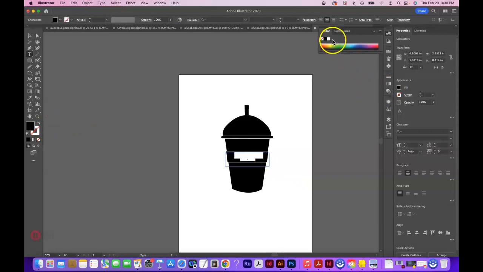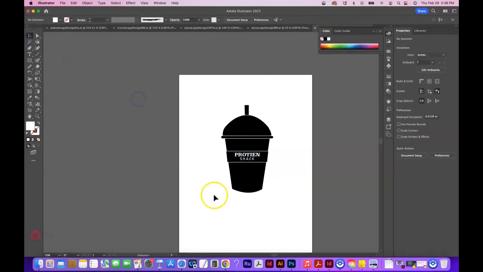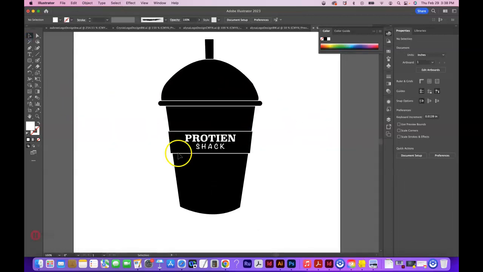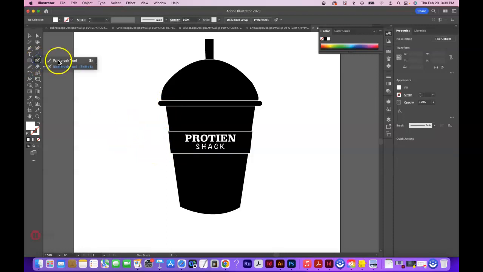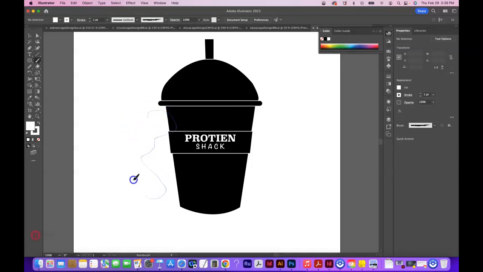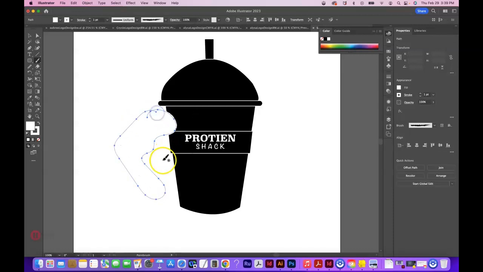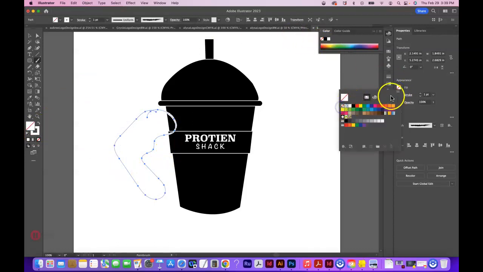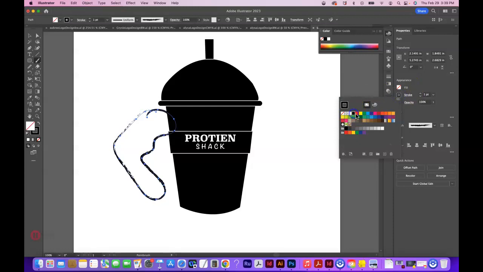And if this was white, I would make it very bold. That might look nice. Then you would want to create your muscly arms. You can use the blob brush or paintbrush tool to create your arm shapes. Let's see. So this is the paintbrush you can draw with to create your arm. It doesn't look great, but obviously if you brought in your little sketch that you made, you could work off